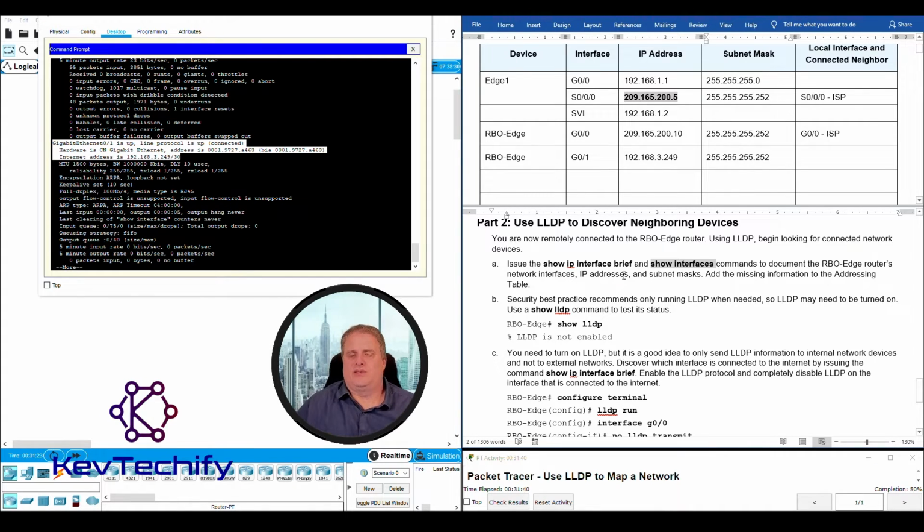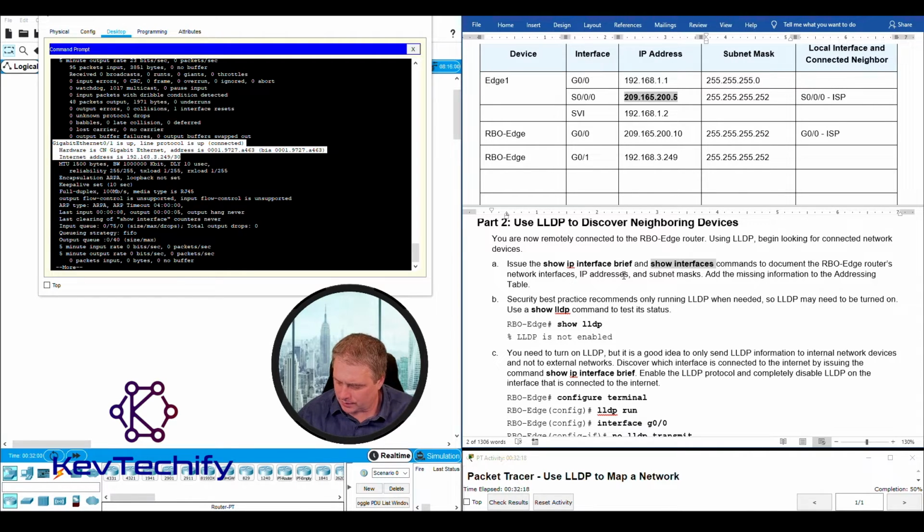As we write this information out, I am going to start drawing my chart. Right now, my chart has nothing in it. It's just a blank piece of paper. And the first device I'm going to draw on here is RBO edge. So I'm going to draw a circle representing a router, because if you look at the symbols, the router sort of looks like a circle. For those of us with no artistic ability, I just draw a circle and then some arrows going through it to represent the router. I'm going to write the name next to it, RBO